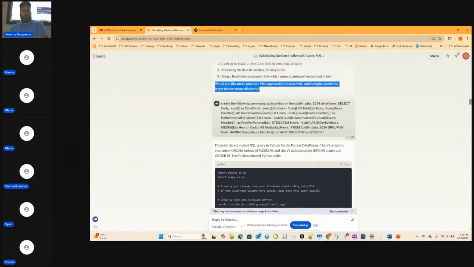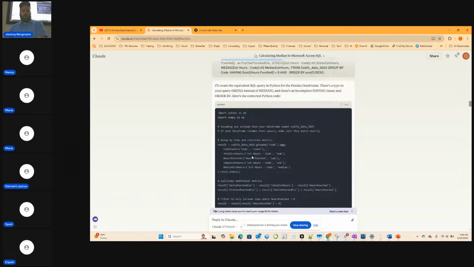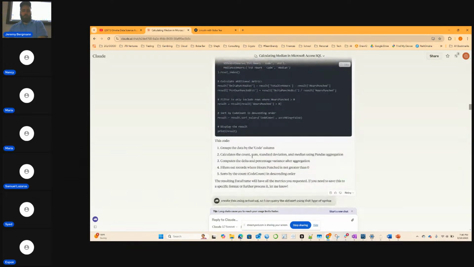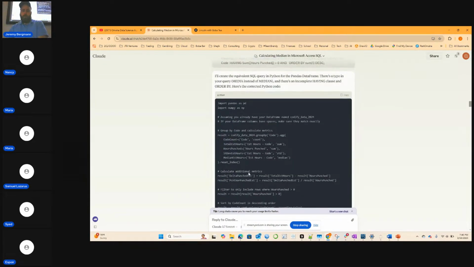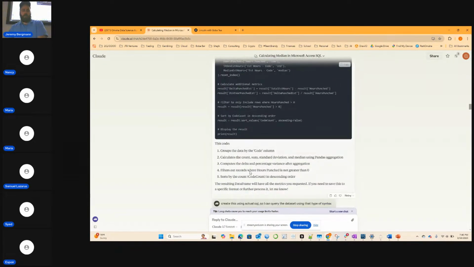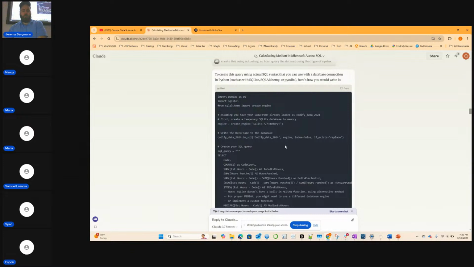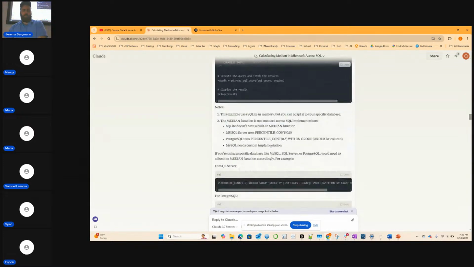So then I just went to Python, and it generated that version of the query in Python. Instead of having to do all that work figuring out how I would do it in Python, it gives you a super starting place. And then I refined it just a little bit.